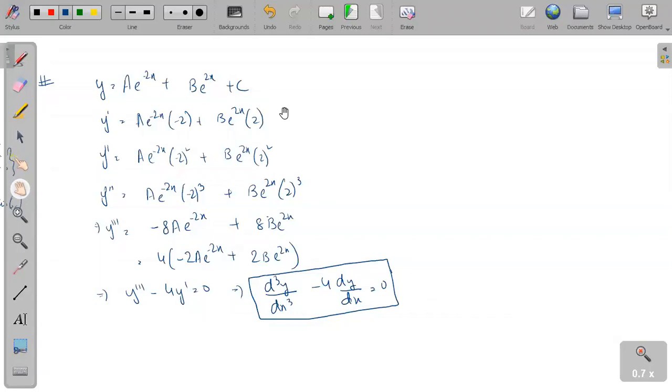Understood? Yes. But I should make sure that I can get the maximum possible power of the derivative, so that it must be present. If it is not present, whatever you are writing is not feasible. That is not valid. The term y triple dash must be present. Y double dash may or may not be present, doesn't matter. But the term y triple dash must be present. Is it clear to you?